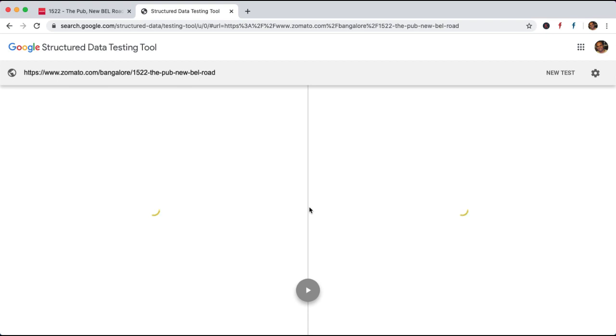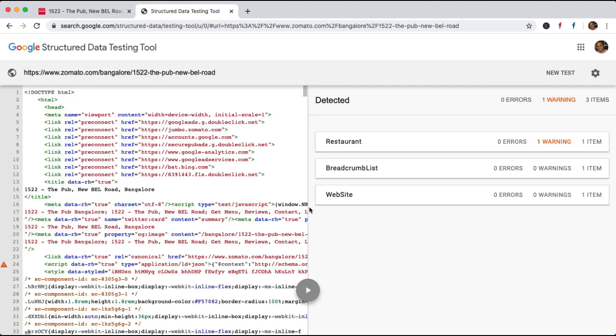The moment we click on the run test button, Google is testing the schema. Here you can see these are the markups that are available. One is the markup type restaurant, the second is the breadcrumb list, and the third is a website.